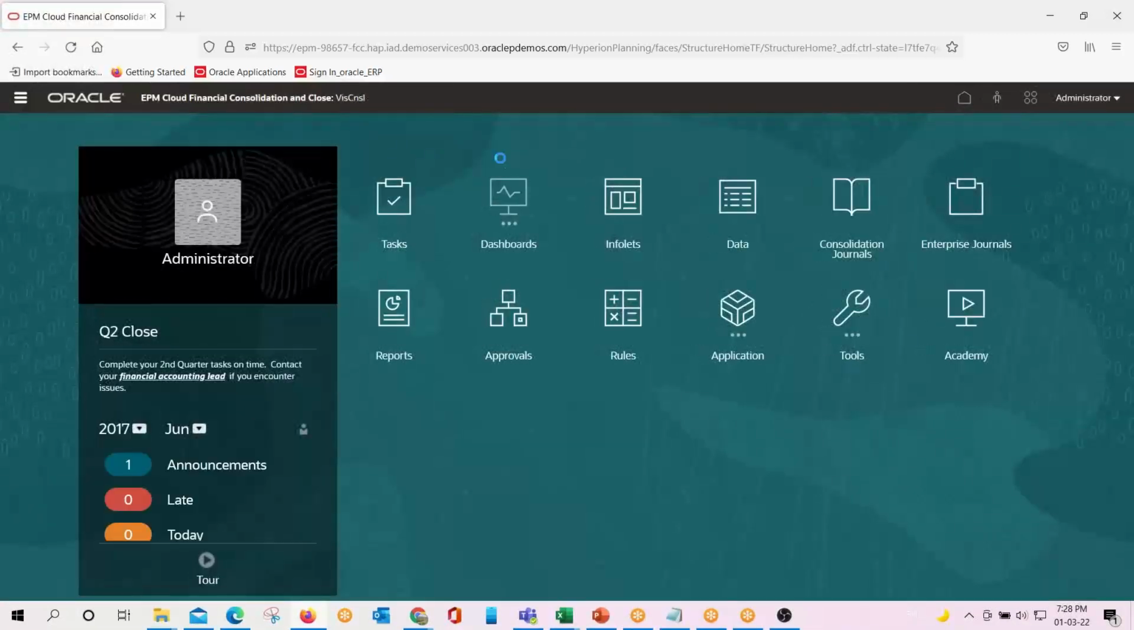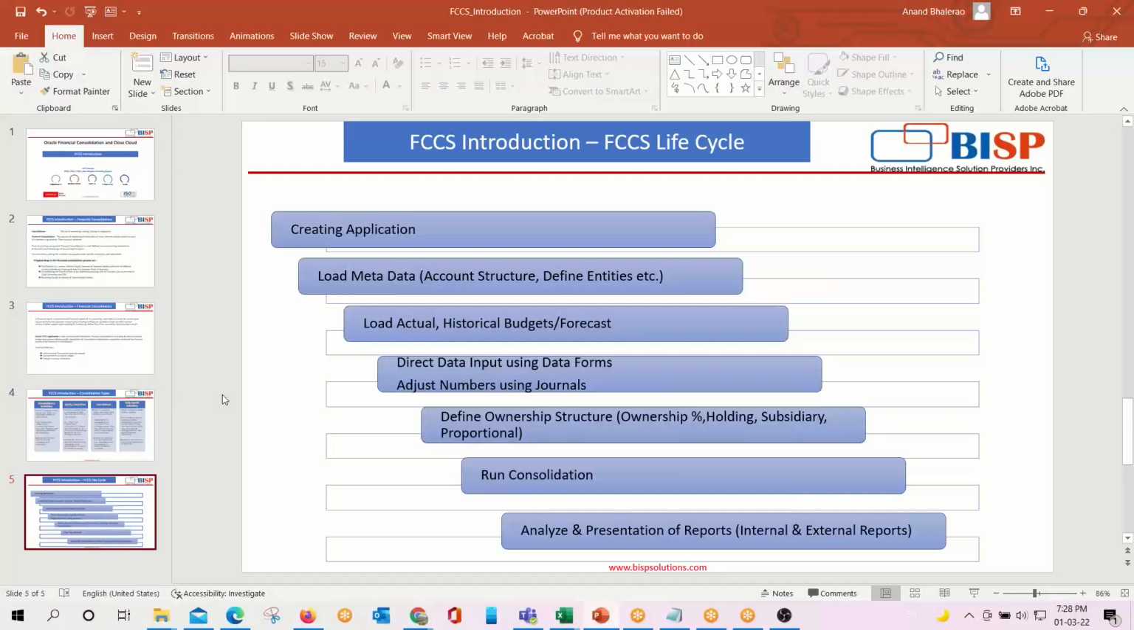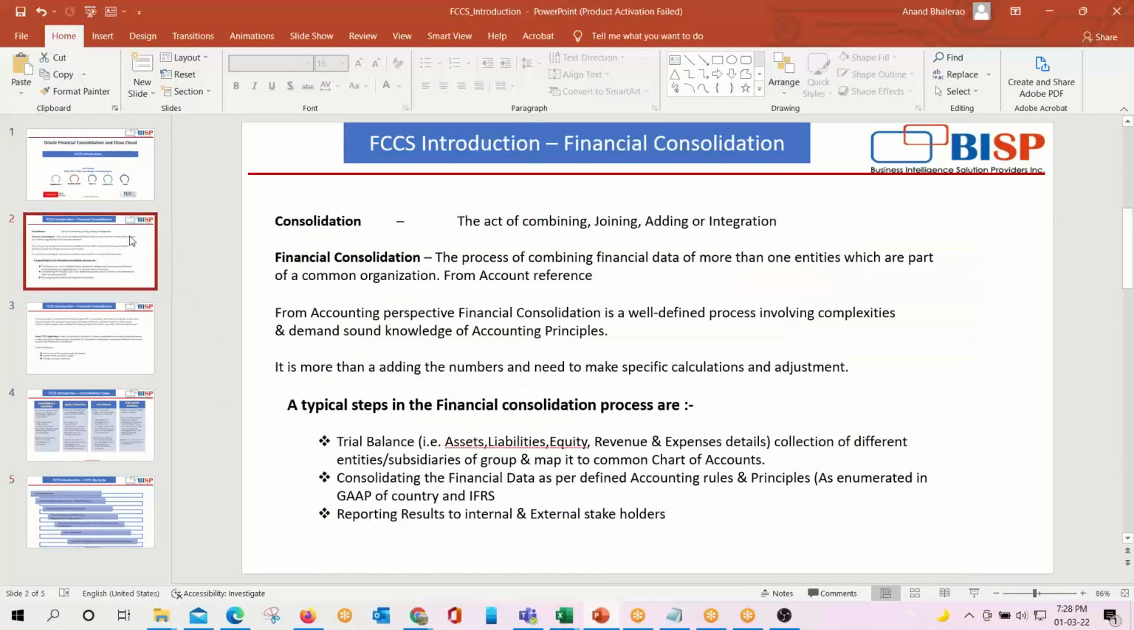So this is our application, EPM Cloud Financial Consolidation and Close. This is the name of the application, BISCNSL, through which we can consolidate the activities which I have defined here, that is collection of trial balance, consolidation, reporting results to